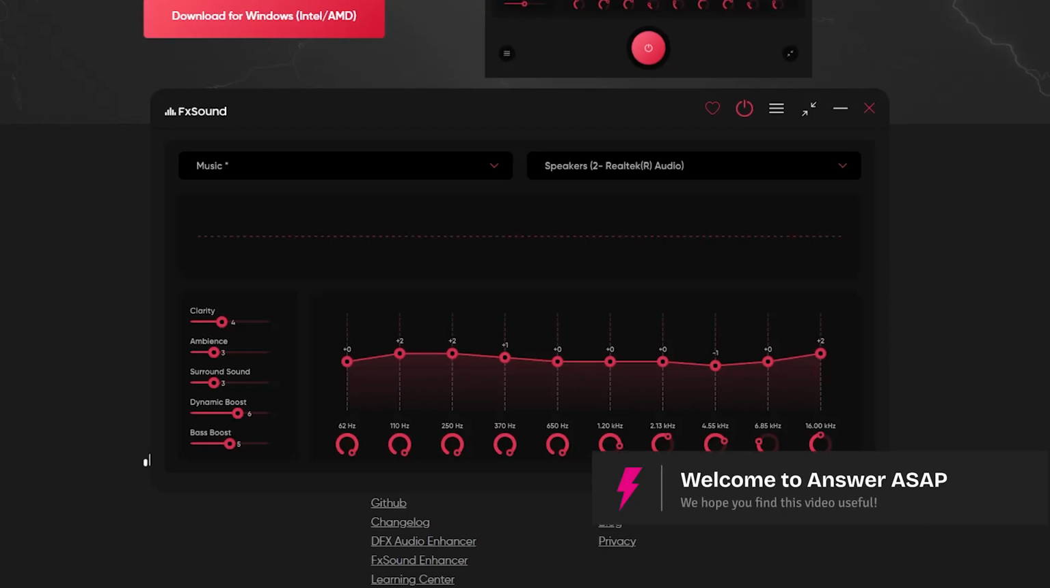In today's video, I'll show you how you can reduce distortion in Fxsound. So let's get started. Distortion usually happens when audio signals are pushed too hard, either by the volume, EQ, or stacked effects. Now I'm going to show you the first thing that you should try to do,